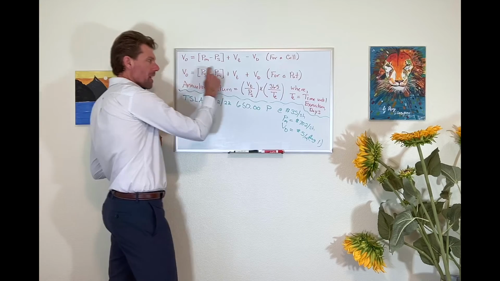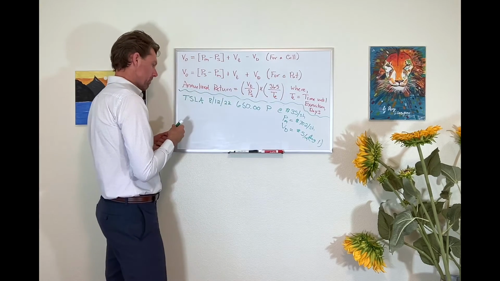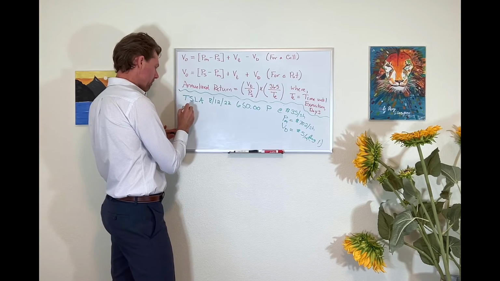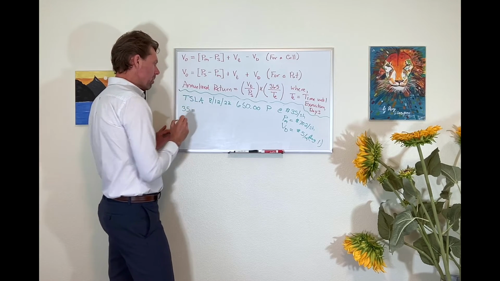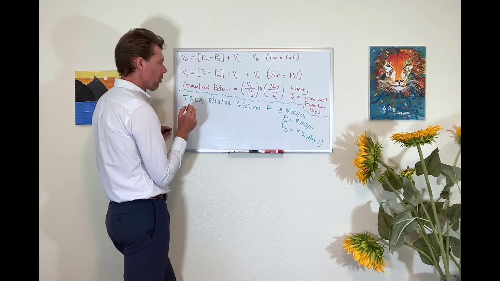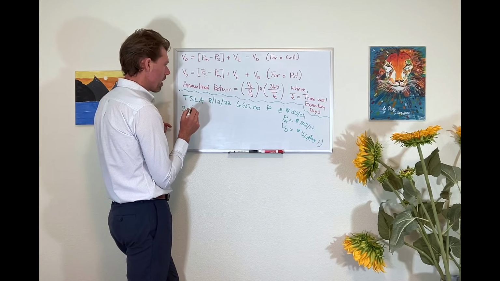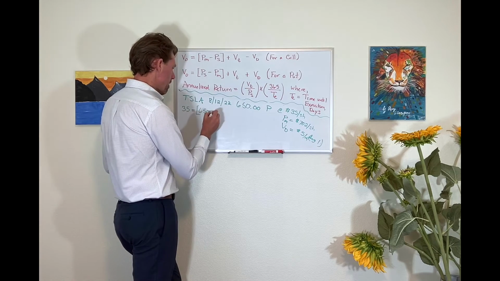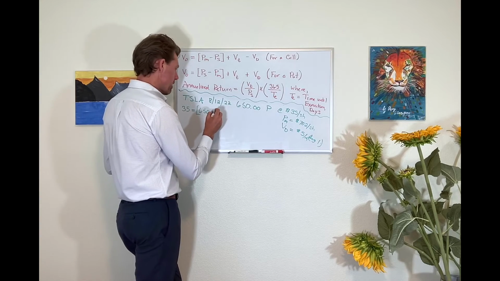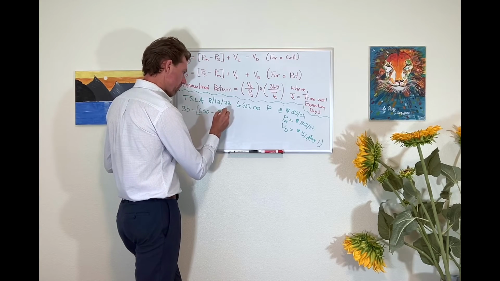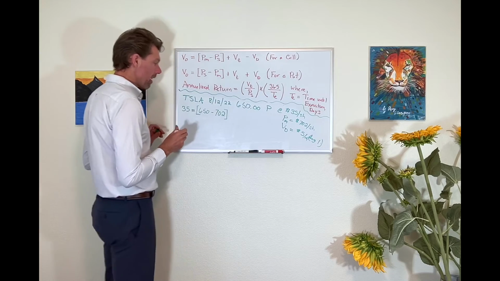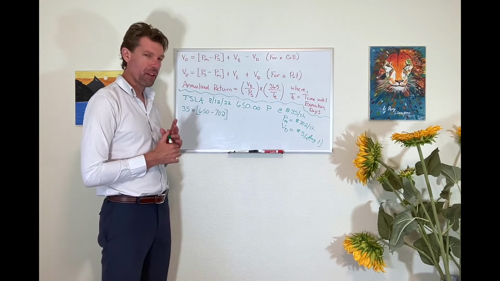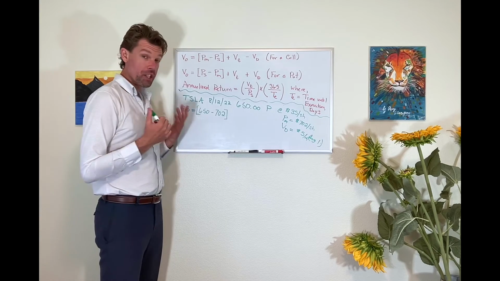Now, of course, we're going to use this second formula here because this is a put. So option value, which is 35, equals the strike price, which is 650, minus the market price, which is 702. So again, I'm going to pause right there. We'll see 650 minus 702 is going to give us a negative 52, which will go to 0